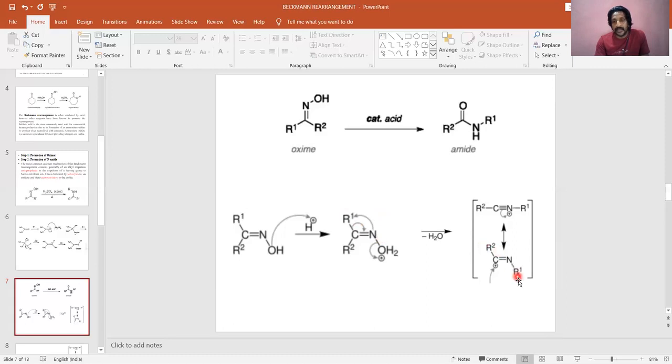That you can see here. R1 is connected to nitrogen. And what is the fate of this carbon? When this R1, by taking its pair of electrons, comes to nitrogen, why is it coming to nitrogen? Because this OH2 is eliminated as a water molecule. That leaves a plus, which makes this nitrogen electron deficient. Because it is an electron deficient nitrogen, only then R1 comes to the nitrogen. But when R1 comes, it takes its pair of electrons, so that will leave a plus charge on this carbon. That is clearly represented here: R2, C plus double bond N R1.